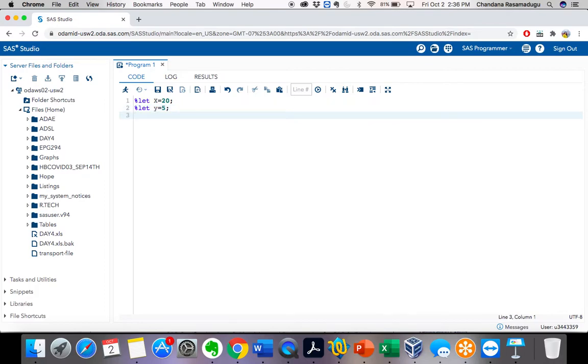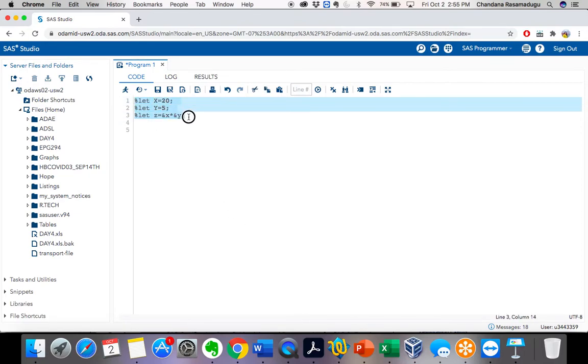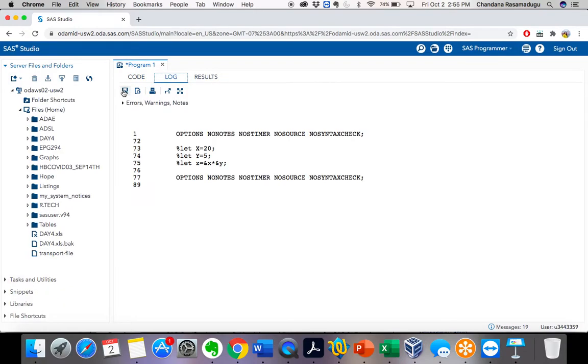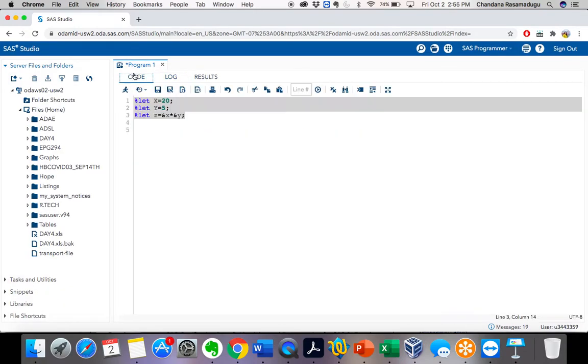I'm also creating another variable %let z equal to &x * &y. Now let's check what value will be stored in z. Before that, let's create macro variables for these three.